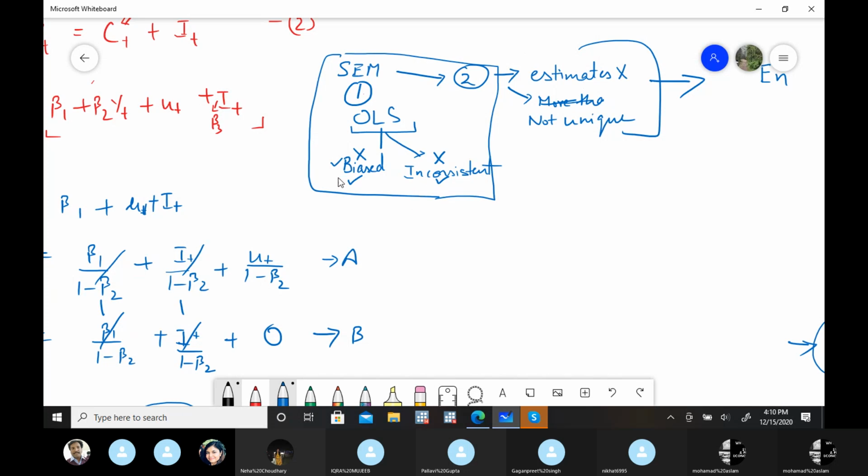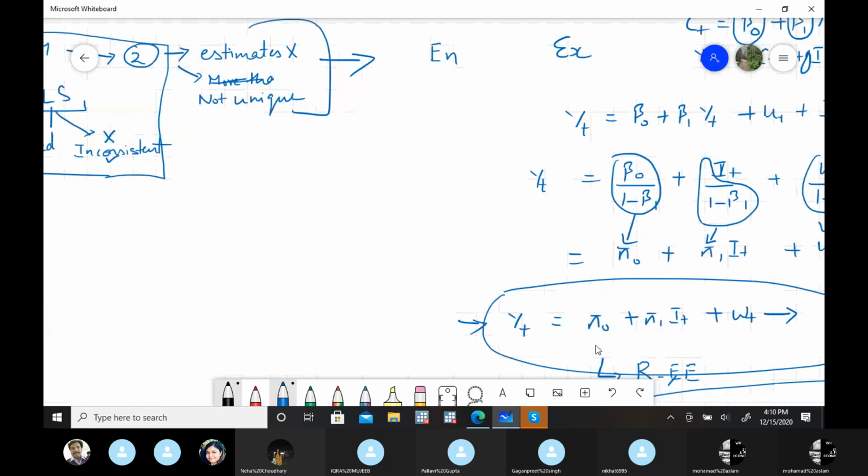So अब हमने जो OLS की problem, this problem was in this equation. If you remember, I have given this derivation that if you run OLS in this method, then results are biased and inconsistent. But now results are unbiased and consistent. So this problem is resolved by the simple solution of reduced form of equations. With this simple solution, you can get rid of this biasness and inconsistency. Yes, Pallavi, now it's a second question.